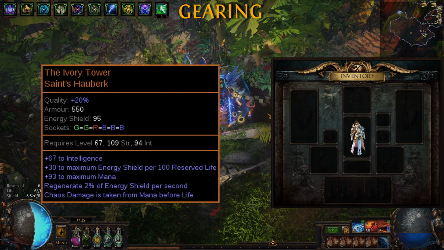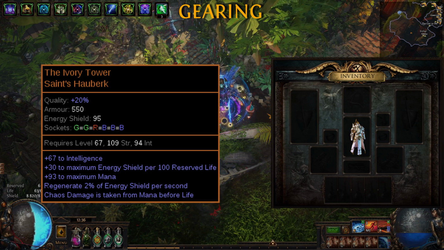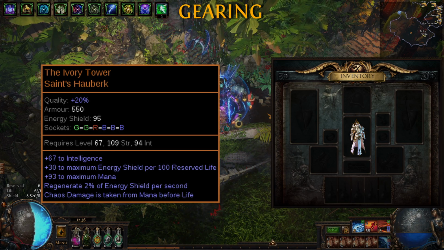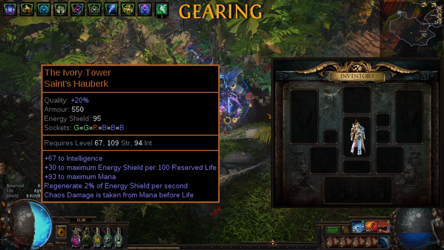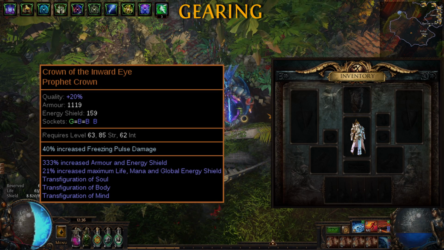This allows you to ignore chaos damage from one-shotting you, as we do not reserve our entire mana pool. Please note that this goes in conjunction with the Coruscating Elixir flask, but more on that later. When looking for corruptions, any level increase to socketed gems and supports is very powerful, so long as they affect the socketed gem tags. For the helmet, Crown of the Inward Eye is best in slot, giving us 21% increased